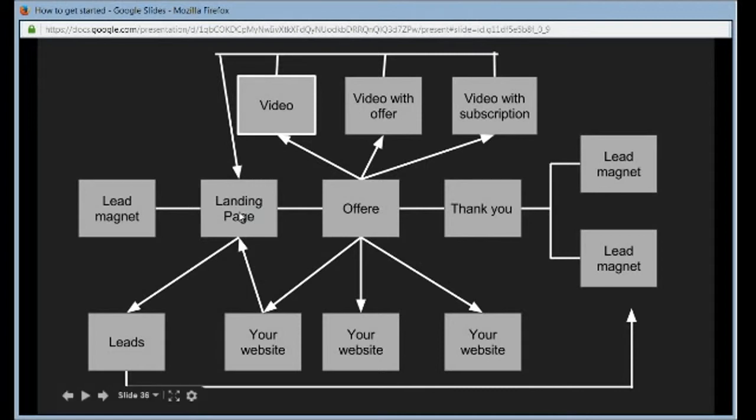Now, you have your landing page. After they fill out this information, the next thing you want to make sure they get to is the offer, the promise that you gave them for getting their name and their telephone number and all that kind of stuff. So you want to have the course or whatever it is that you're offering. It could be a series of videos, it could be a download, or whatever the case may be.